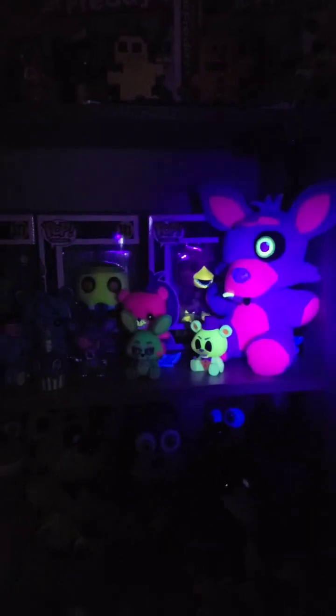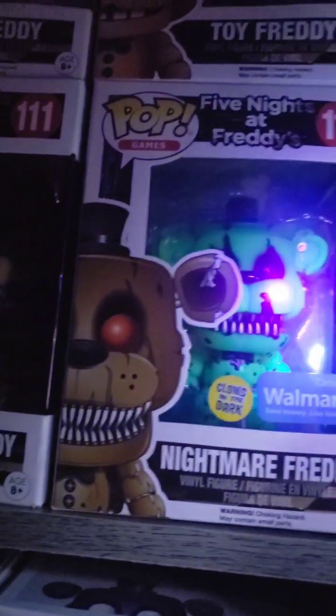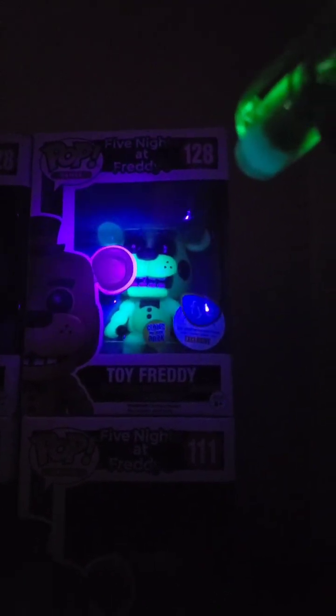But let me turn on my little... This is one of those little mystery pens where you write... It's like the magic ink. So then that shows off the blacklight ones. And then I think it works too on the glow-in-the-dark stuff. Which, yeah, it does. It does kind of power the glow-in-the-dark ones up. Seems like it did the Springtrap better. Hold on. Turn that off. Yeah, it seems like it worked better on Springtrap than...